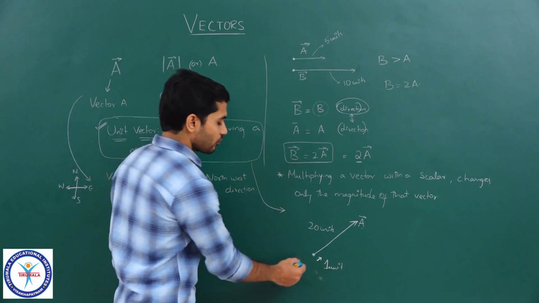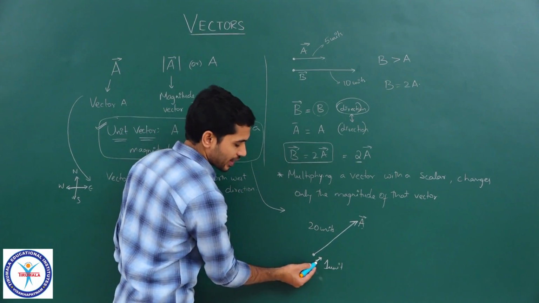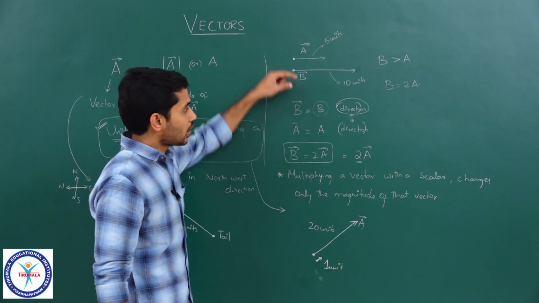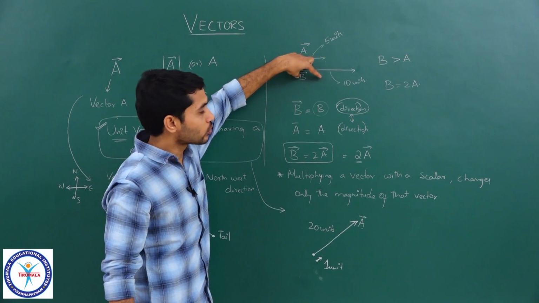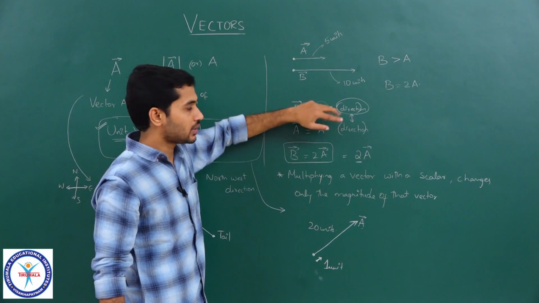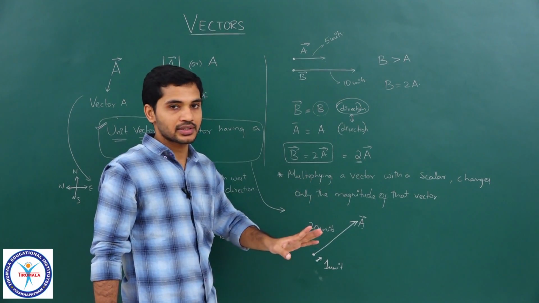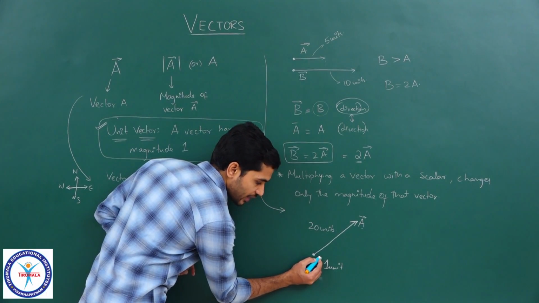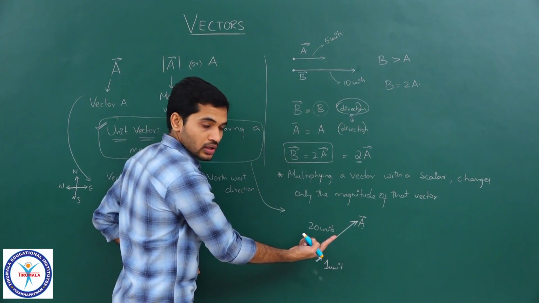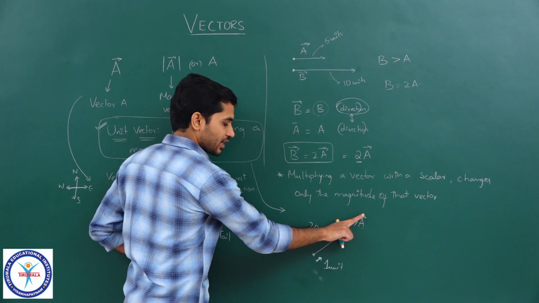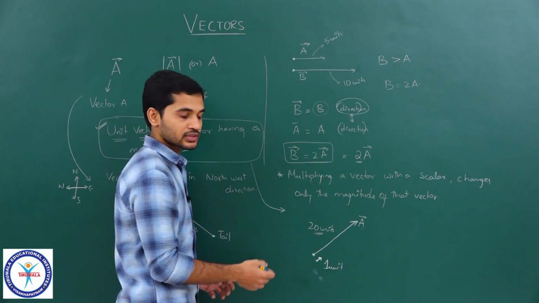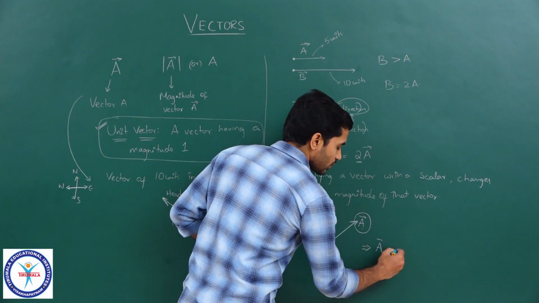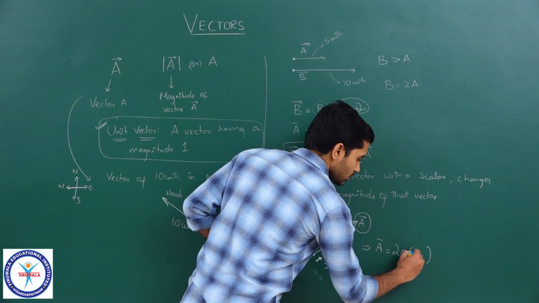Now if I know what this small vector is, can I define this vector or not? I can, by using the same logic. I know A bar. If I have to know a vector which is double the magnitude, I'll just multiply with 2. Direction doesn't change. In the same manner, if I know this as the unit vector in this direction, what will be the vector in the same direction having a magnitude of 20 units? I can directly say that this vector A bar will be equal to 20 times the unit vector.